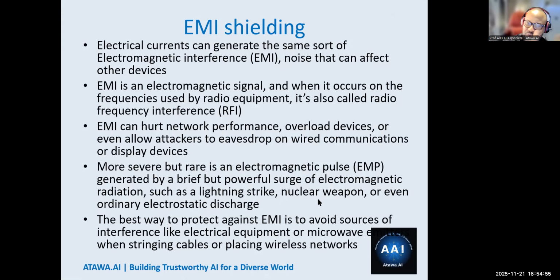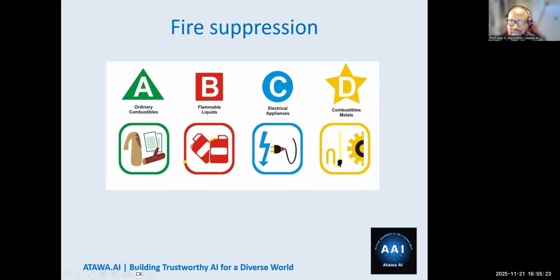So it tells you that the best way to protect against EMI is to avoid sources of interference like electrical equipment or microwaves when you are trying to place your cable. You also have one other thing here, electromagnetic pulse. It's more severe but rare. It's EMP, which is generated by a brief but very powerful surge in electromagnetic radiation, like maybe a lightning strike, a nuclear weapon, or even ordinary electromagnetic